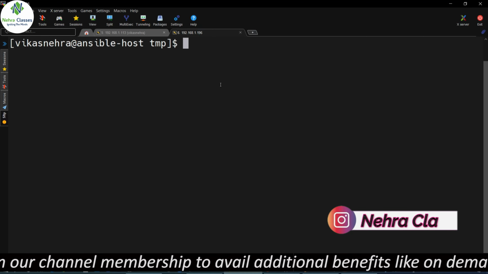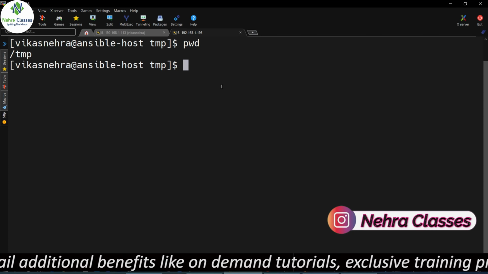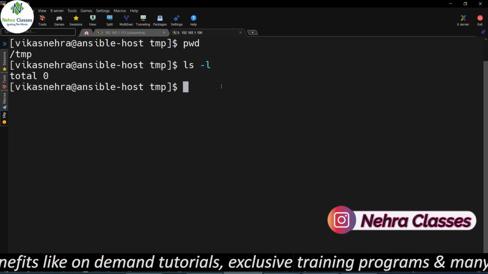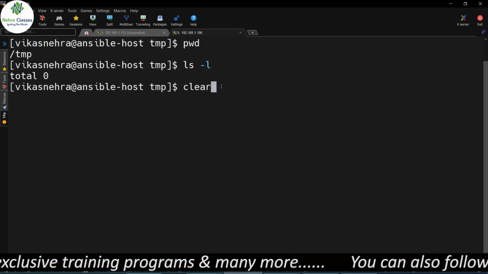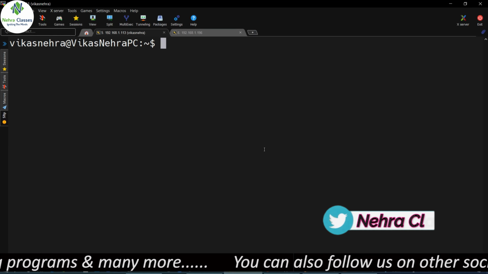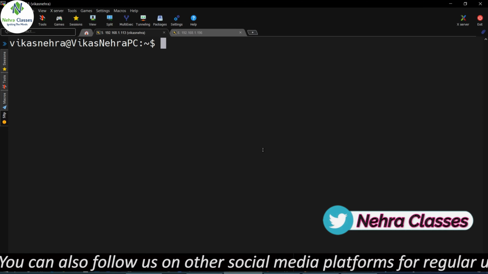Let me show you that we don't have any files here in the tmp directory. So I am in the tmp directory, and let me execute the ls -l command. So we don't have any files here on the host machine or the Ansible node. Now I will go to the Ansible server and I will execute the ad hoc command, which will create the